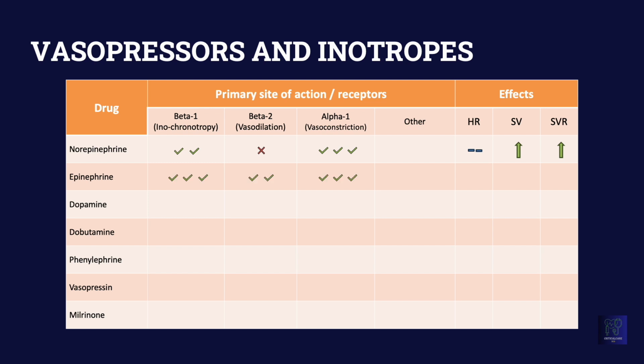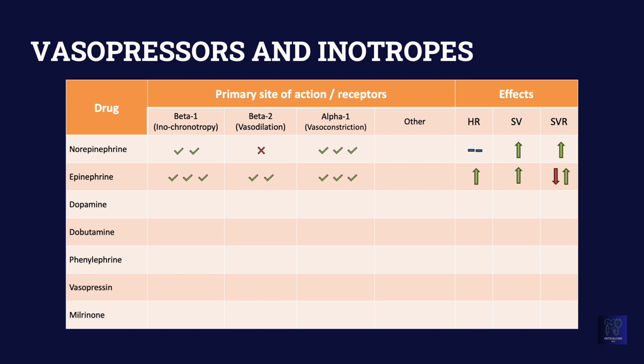Moving on to epinephrine. It acts on all the adrenergic receptors: beta 1, beta 2, and alpha 1. The net effect is it increases heart rate and it increases stroke volume. As far as systemic vascular resistance goes, it is variable because it is acting on both alpha 1 receptors, which cause vasoconstriction, and beta 2, which cause vasodilation. So, usually at lower doses, beta 2 predominates and there can be vasodilation, but at higher doses,